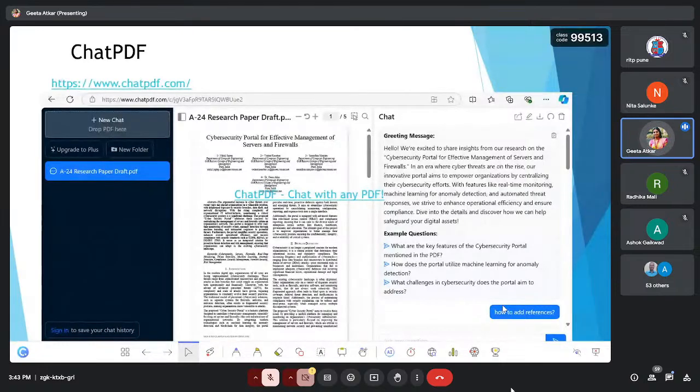So you can see here I have uploaded one research paper, and I have asked some questions to this tool, like I need some data related to the key features of the cyber security portals or something. Okay, so suppose I will show you